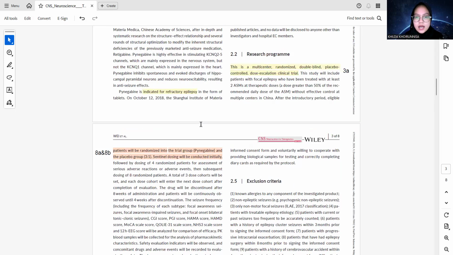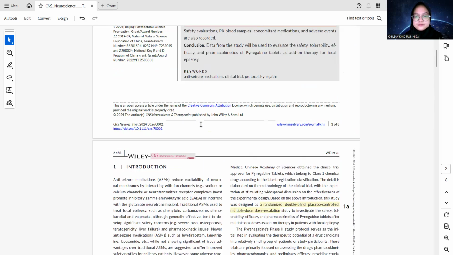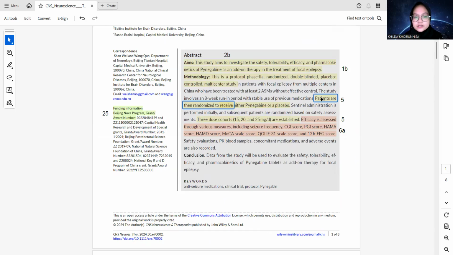Next, item 5 deals with intervention details. The authors explained that three dose cohorts of 15, 20, and 25 were established.